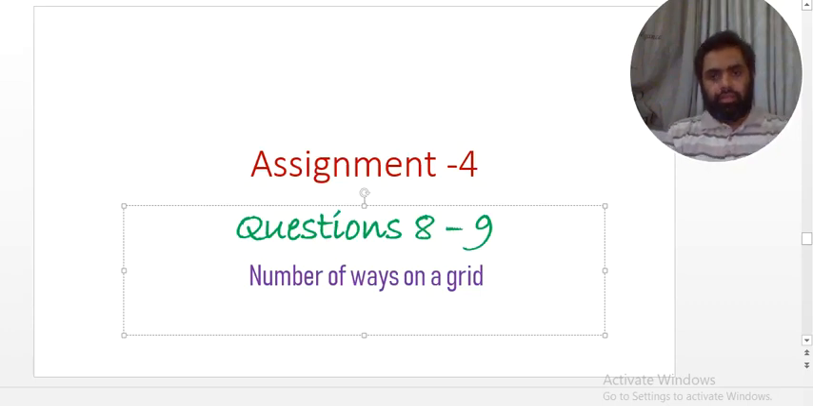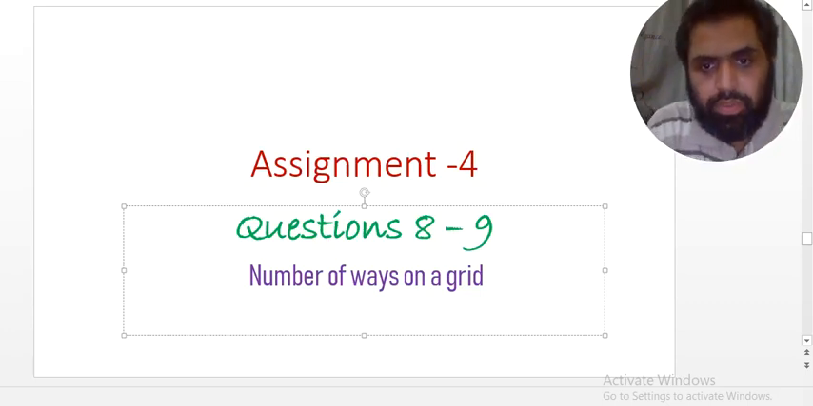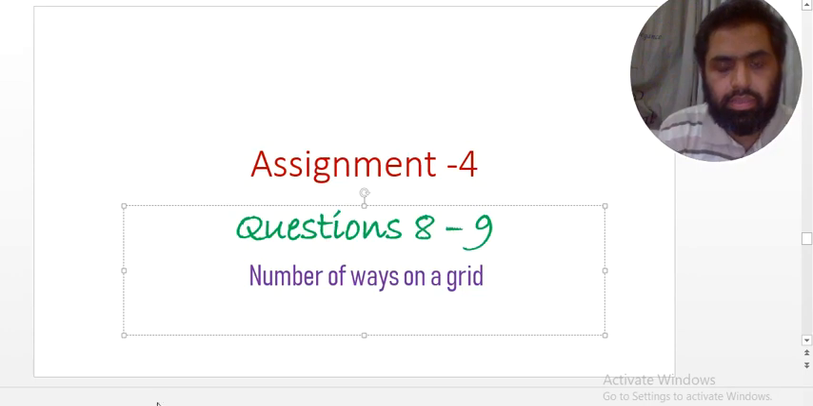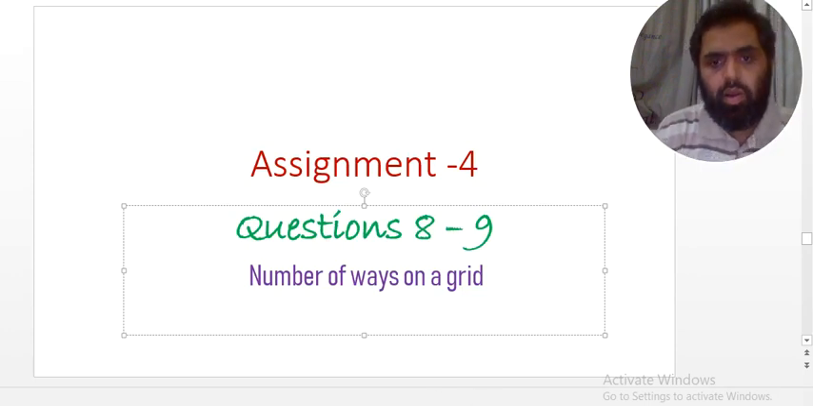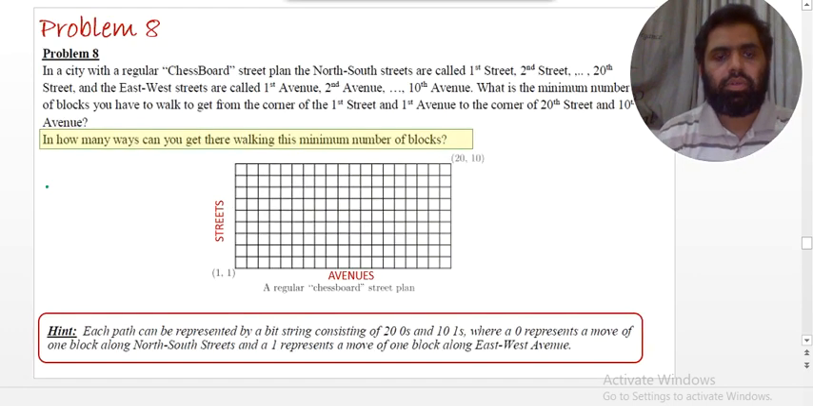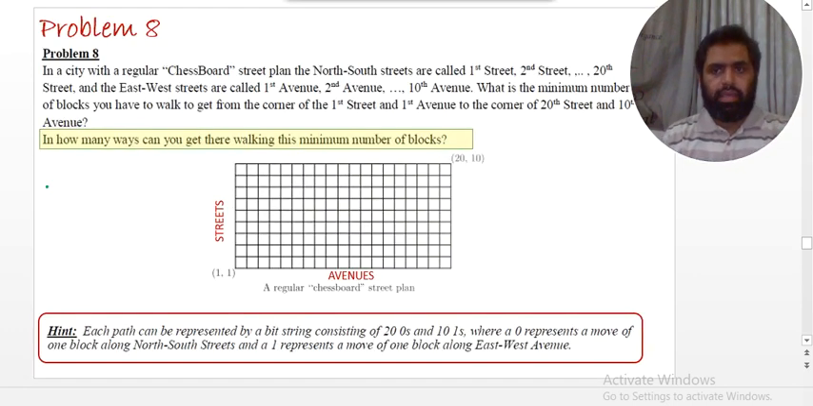So let's continue with our discussion of assignment 4, questions 8 and 9. Questions 8 and 9 are about how many ways there are on a grid. So the first question is like we have a